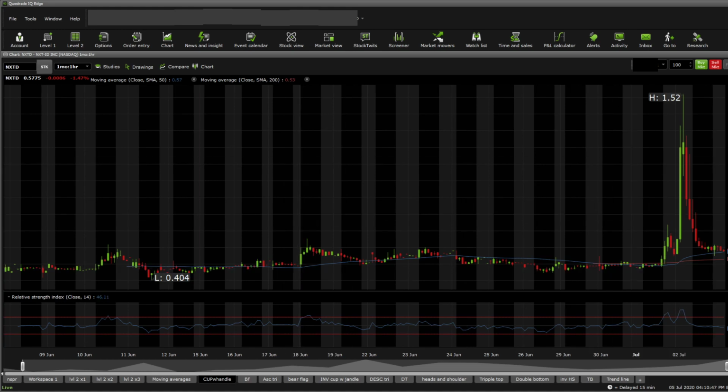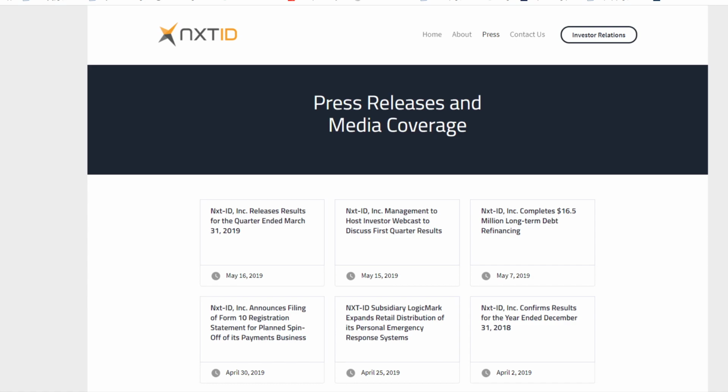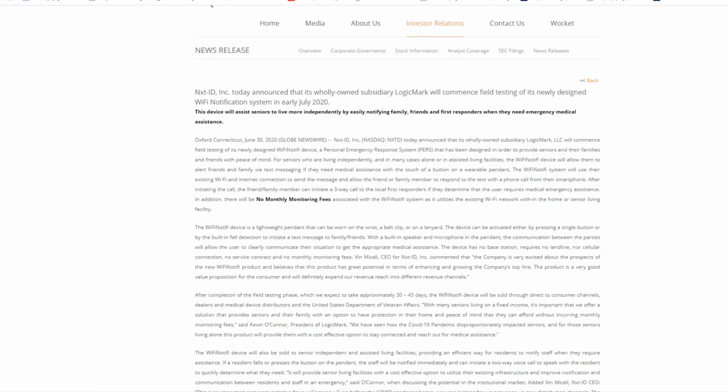So going quickly towards news here, we're going to be looking quickly into it. So press releases and media coverage, nothing really new except for this one here coming in around, I believe, the 2nd of July. 30 June here was the time where they meant to announce it, but it takes a couple of days to actually get published. Basically, they had an announcement for one of their products, the Wi-Fi Notify device, which is a